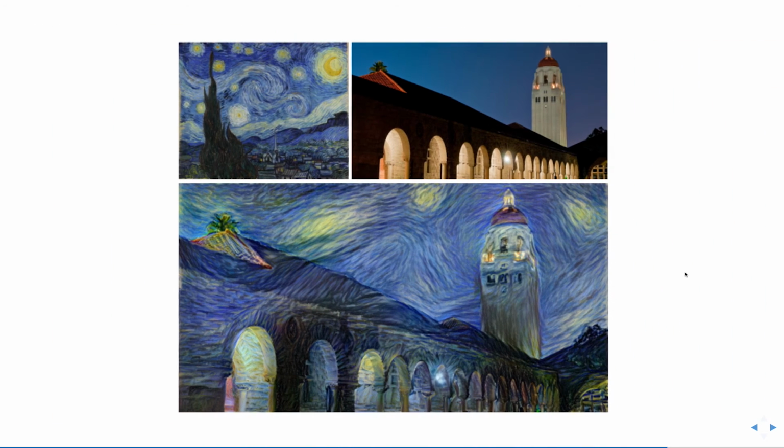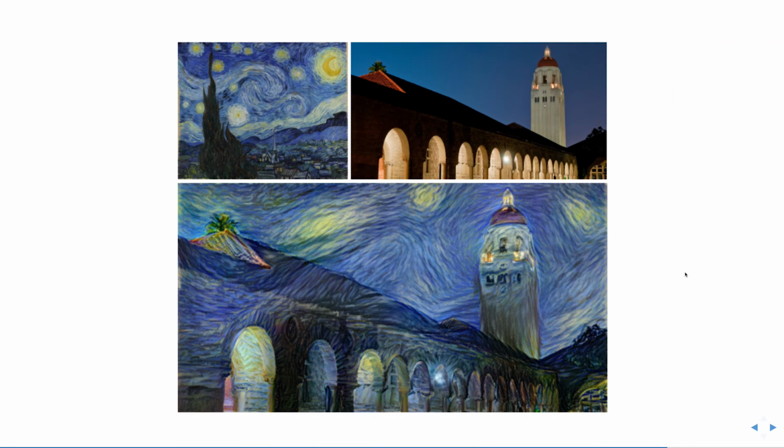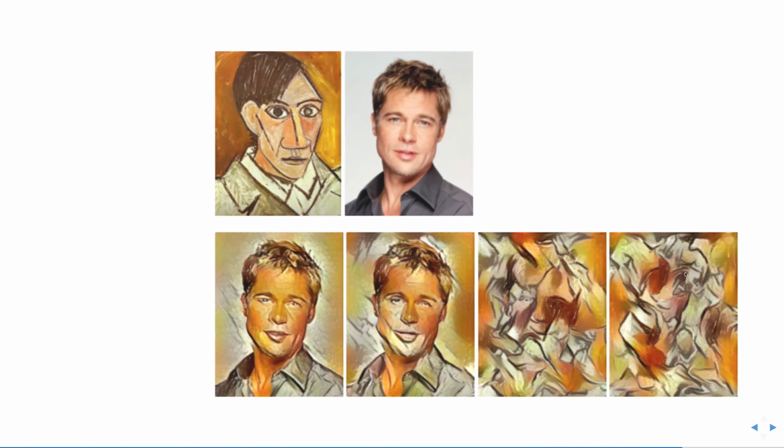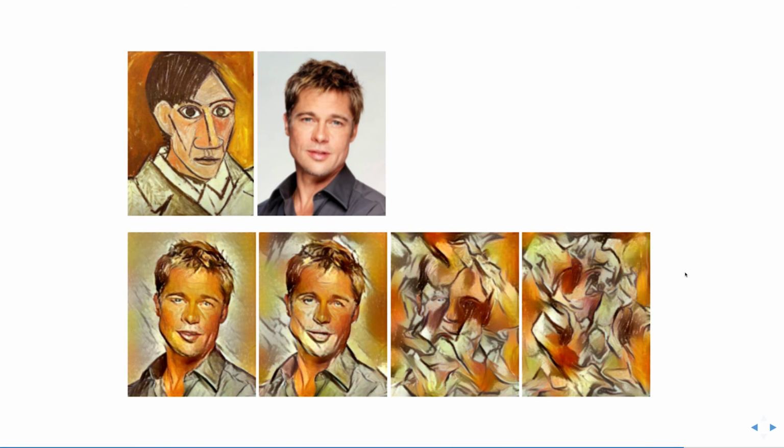With a neural network, you can do what's called style transfer. You can take a picture by Van Gogh and a picture of Stanford University, and have the neural network paint it in the style of Van Gogh. Is that art? I don't know. It's not for me to say. You can take this self-portrait of Picasso and a portrait of Brad Pitt, and boom. There's an app for your phone that does this. A lot of people use it. You should go to hell if you use it because it's horrible.